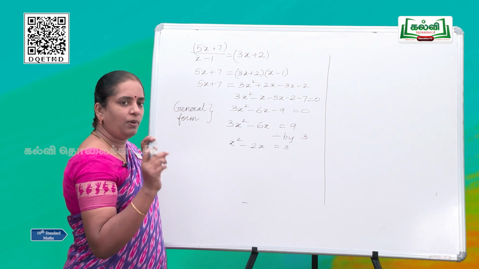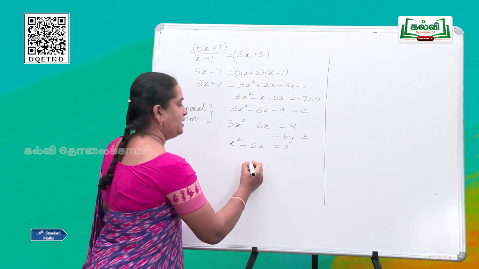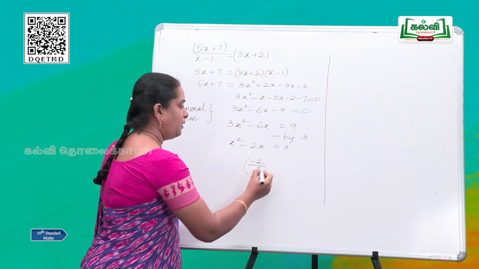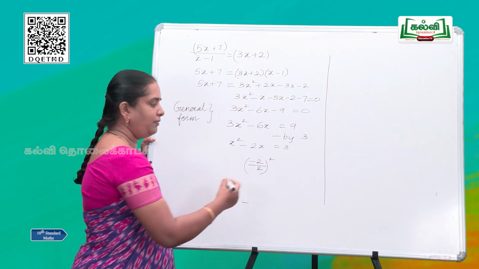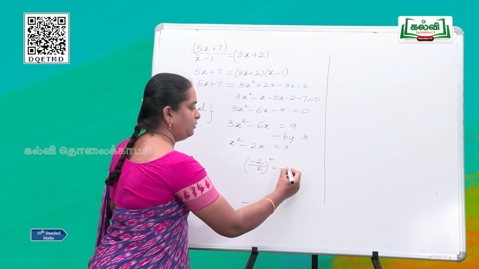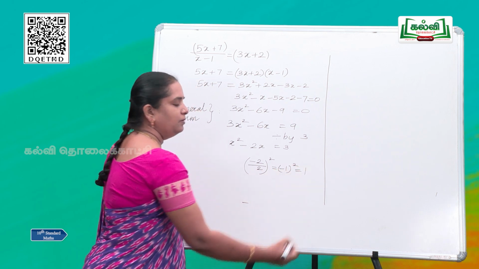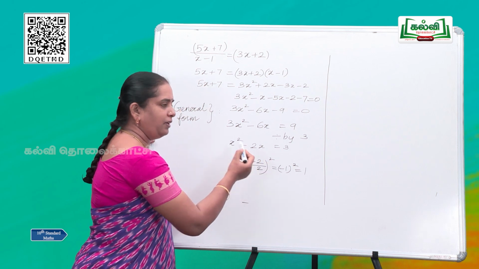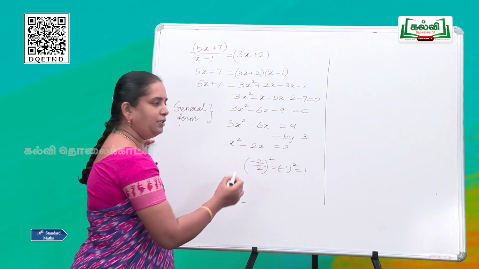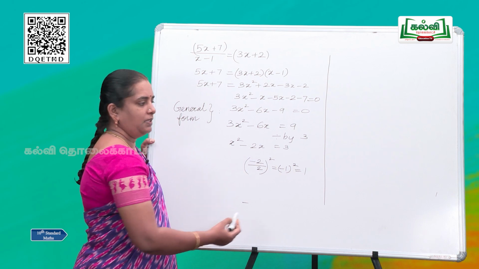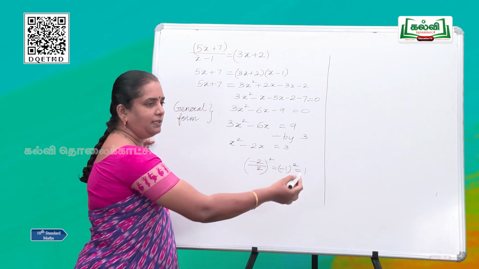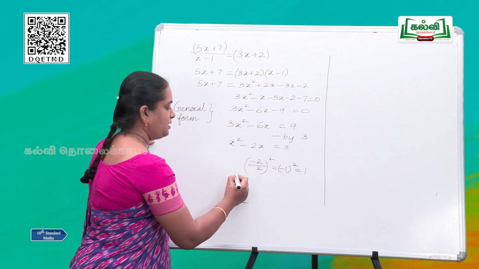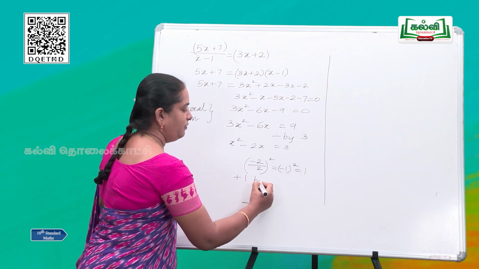So, take 1/2 of the coefficient, that is minus 2 divided by 2, take 1/2 and square it. What we have got? Minus 1 the whole square. So, what is the value? It is 1. So, I repeat, we have to take the coefficient of x divided by 2, square it. So, take the value and add that both sides, that is add plus 1 both sides. So, adding 1 both sides we get